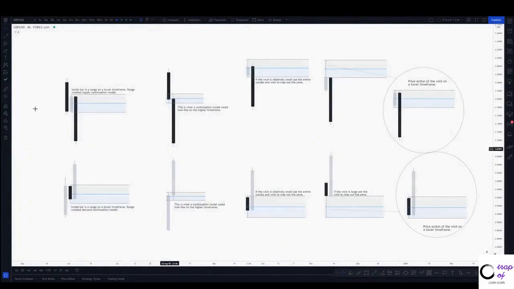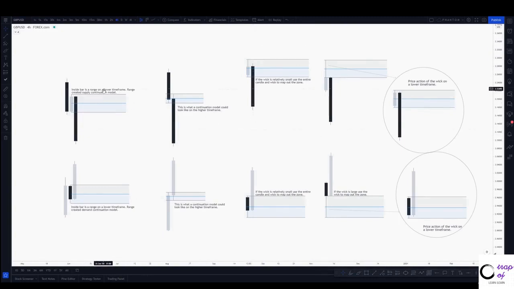are the concept of inside bars, how we can view continuation patterns on higher time frames and what they look like on lower time frames, and finally what wicks represent. These are all refinements that relate to lower time frames, but you can use the higher time frames to build upon them. And what I mean by that is, if any one of these three situations arises on, say, a